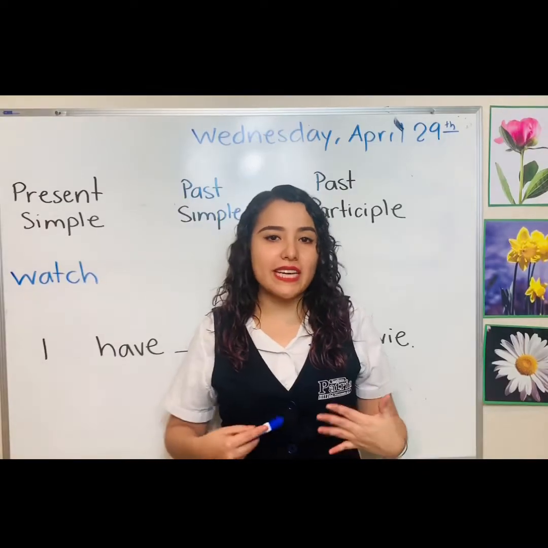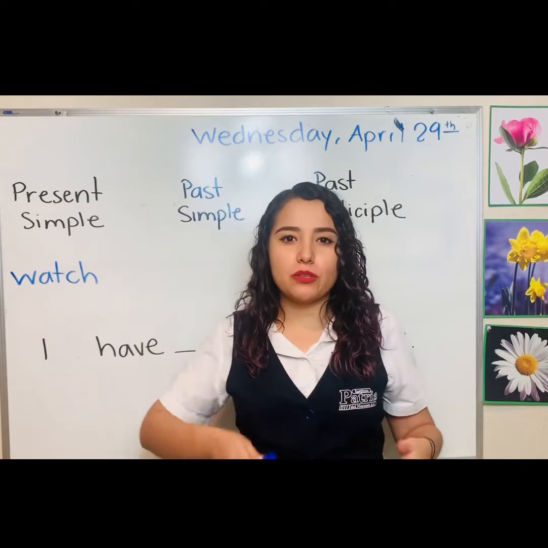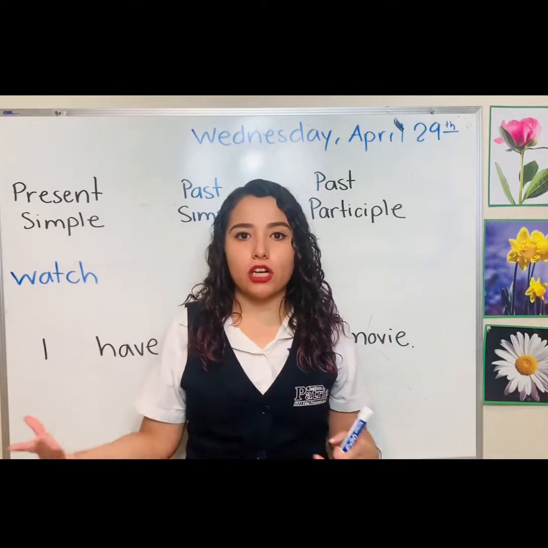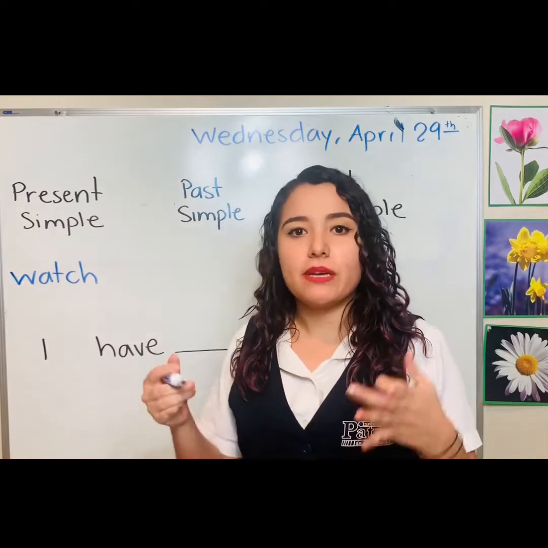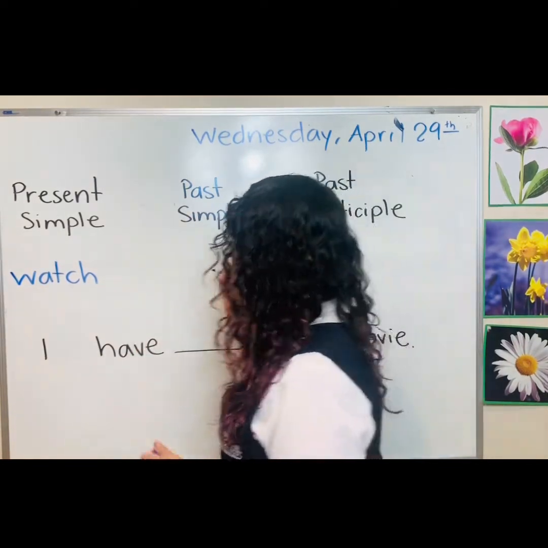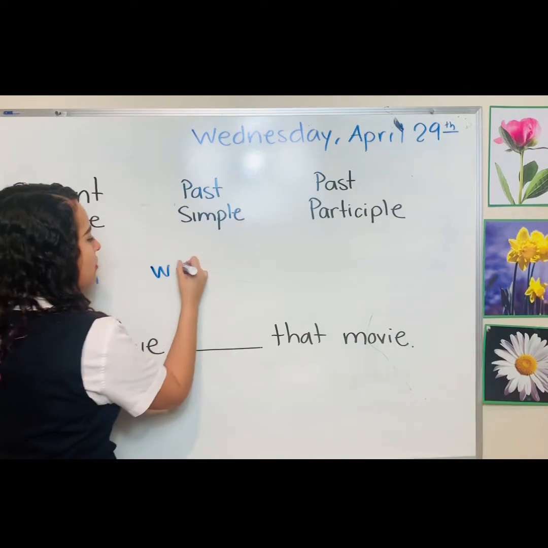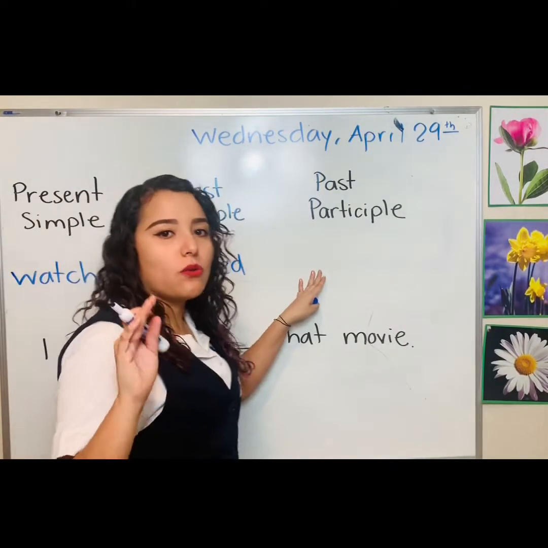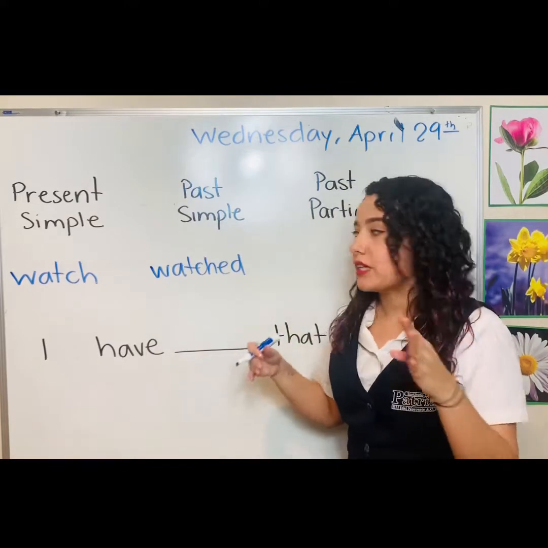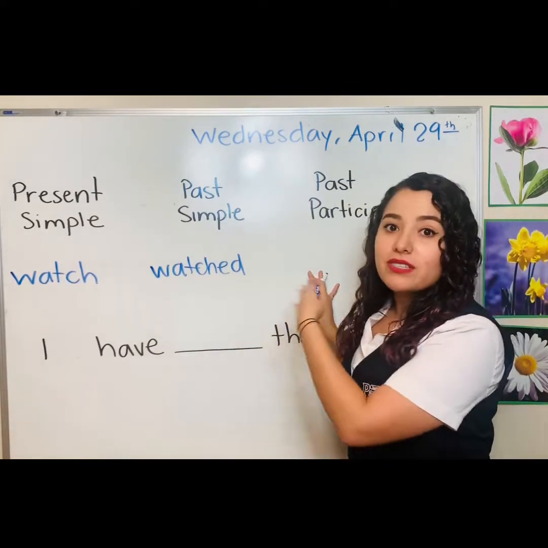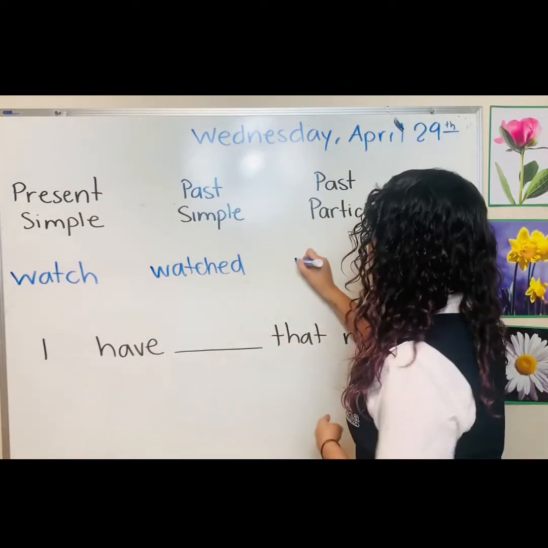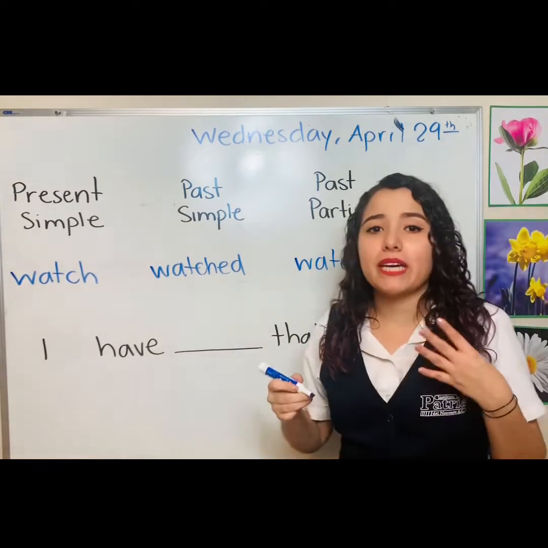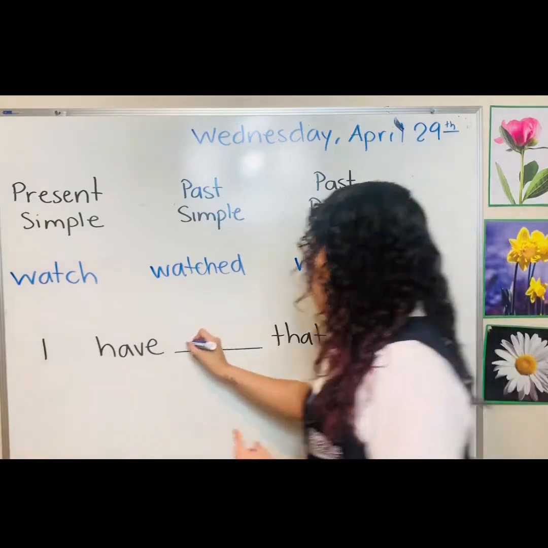So now, just like any other tense, the past participle, you have irregulars and you have regulars. For example, the verb watch. It is a regular verb. Why? Because you can add ed to make it past. Watch turns into watched. So the past participle, which is the one we're going to use in the present perfect, is going to stay the same because it's regular. So it stays watched. So if I want to make a sentence, I have watched